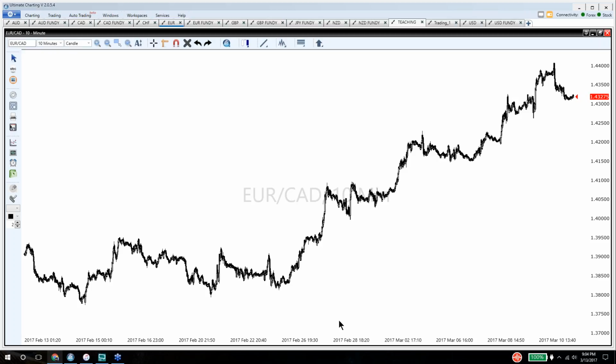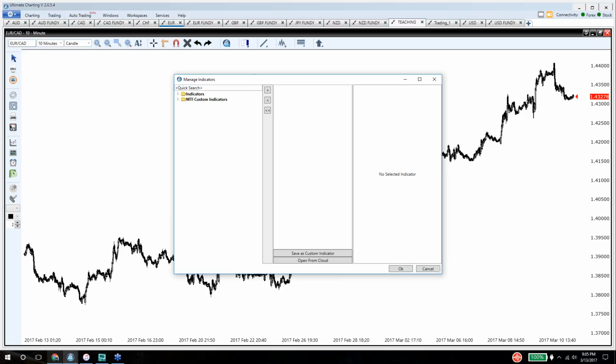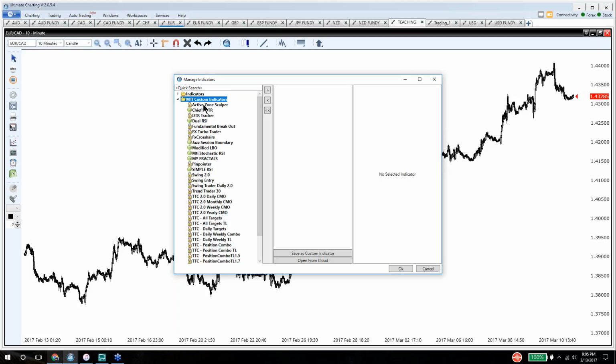Okay. Now, the UTP 2040 is something that you have access to inside your indicator section, right? So if you go to your indicators, we go over here to the indicator section on the left-hand side of the chart. We click on that, and we're presented with multiple options here. The UTP 2040 is inside your custom indicator section, and it is part of your Ultimate Traders Package membership, as we discussed before. So if we double click to reveal the contents there,